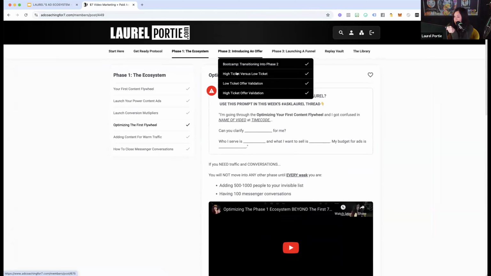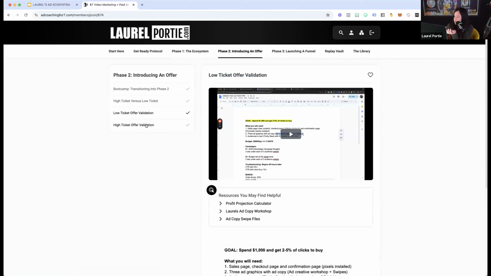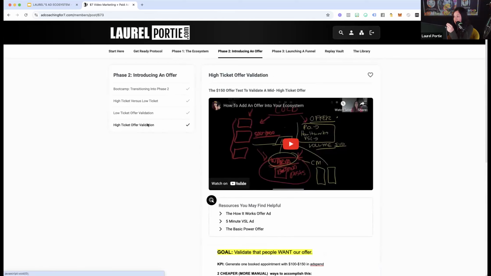And then phase 2, look, I've got your high ticket versus low ticket. If you guys have a question about what should I do, or which one do I need? We've got the low ticket offer validation. So this is phase 2, right? Whenever we're trying to create just a little bit of friction, high ticket offer validation, everything that you guys need. Here's the KPIs. My mentor, Nick Peterson, who I mentioned a while ago, he has an amazing sales call framework that he calls CASE. I put that in there. Phase 3,